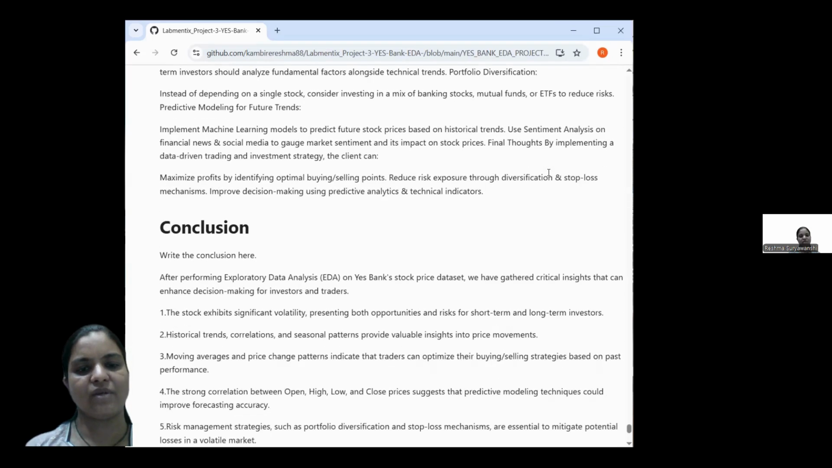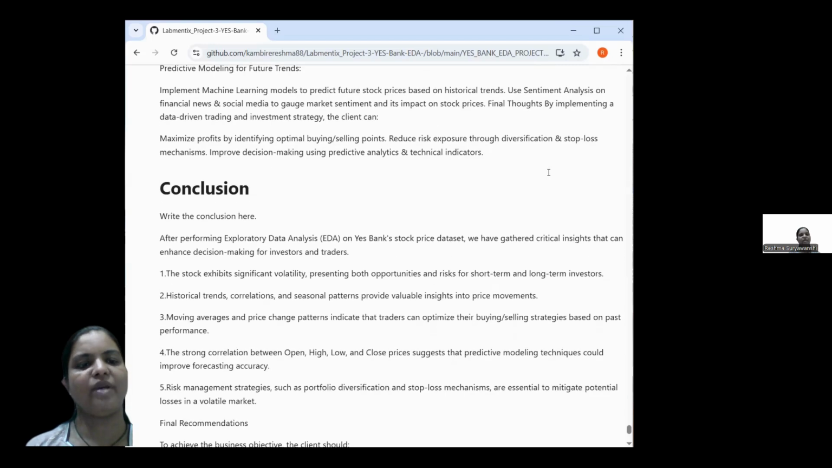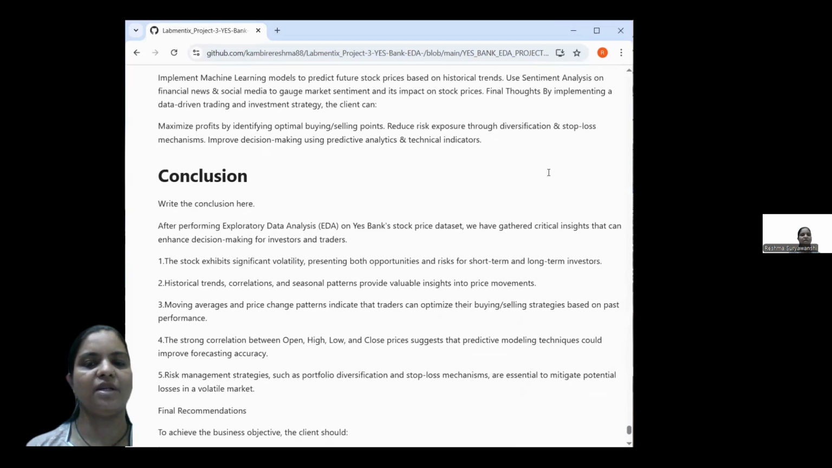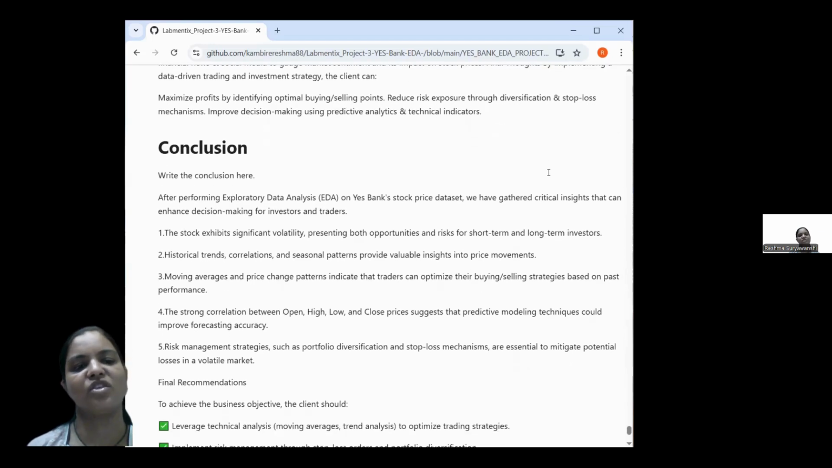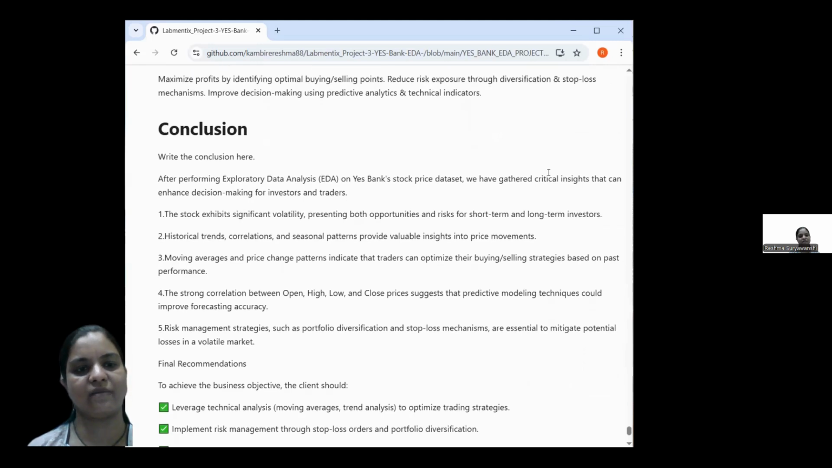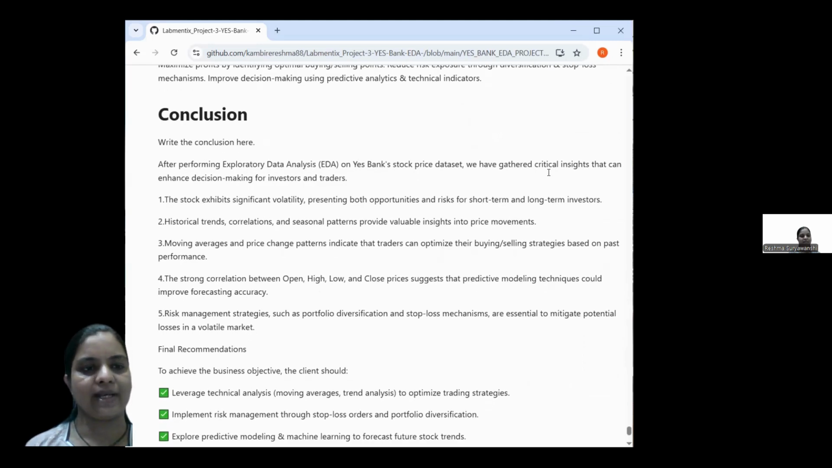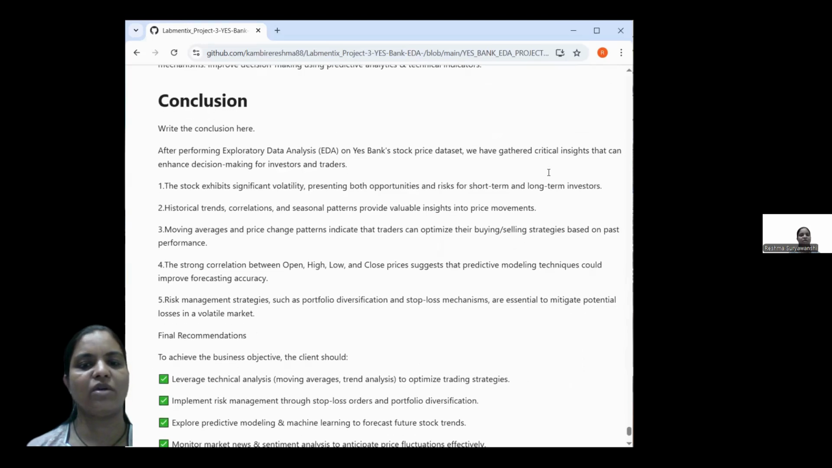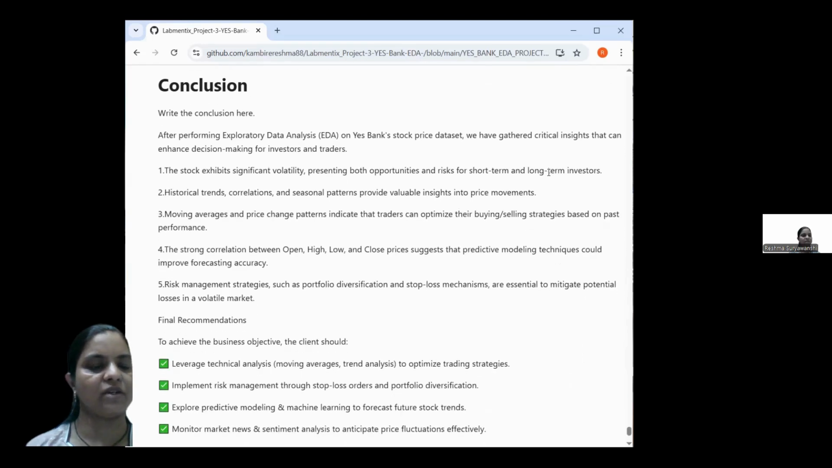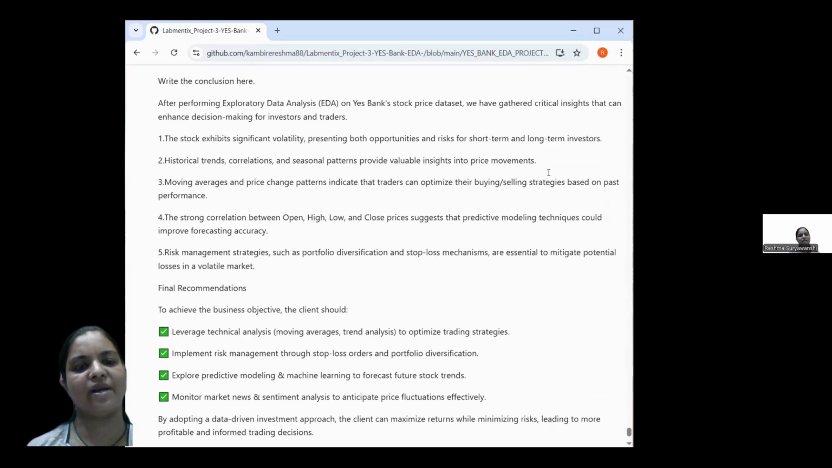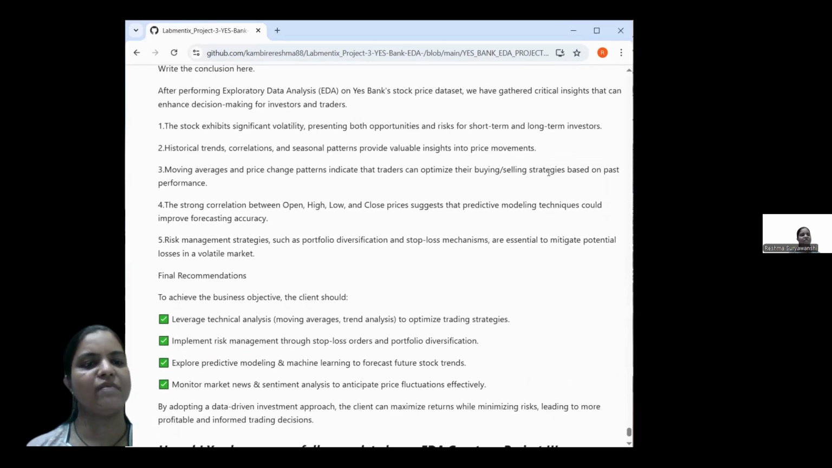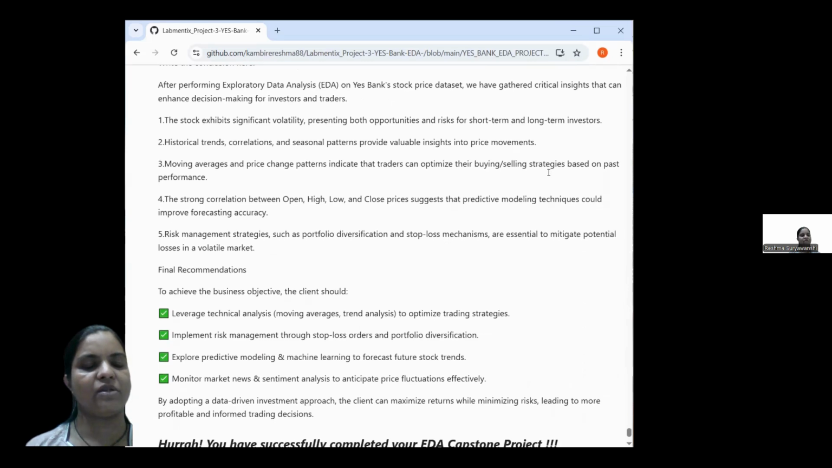So coming to the conclusion, after performing EDA on the Yes Bank stock price dataset, we have gathered some critical insights that can enhance decision making for investors and traders. The stock price exhibits significant volatility, presenting both opportunities and risk for short-term and long-term investors. Historical trends, correlation, and seasonal patterns, moving averages and price change patterns, strong correlation between open, high, low, and close price,